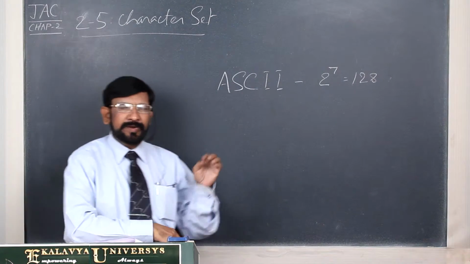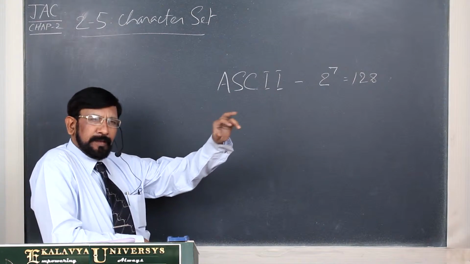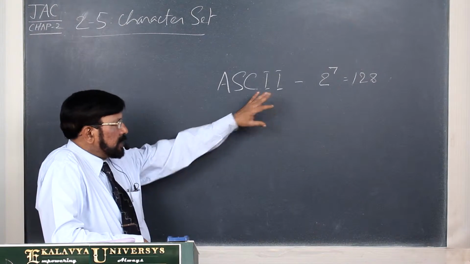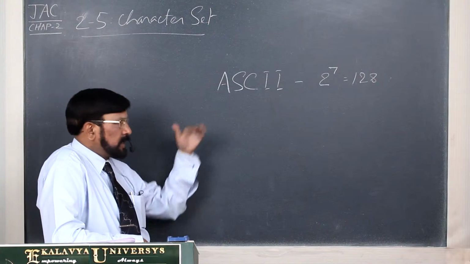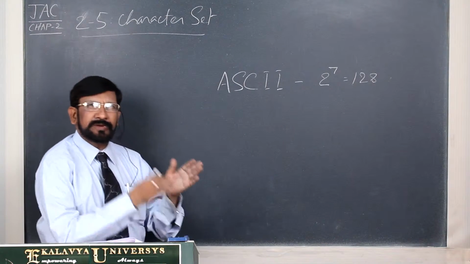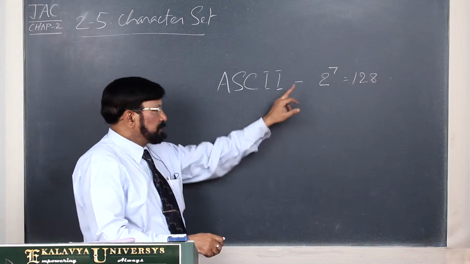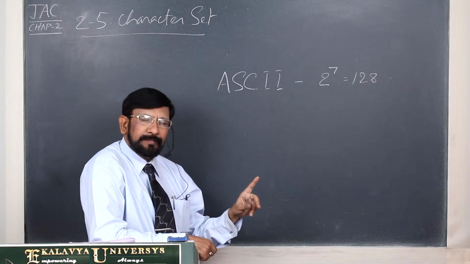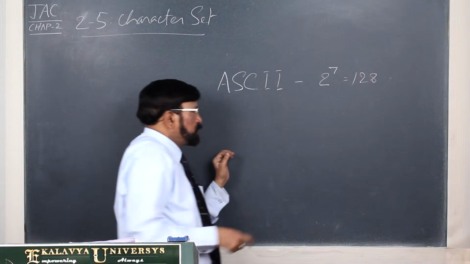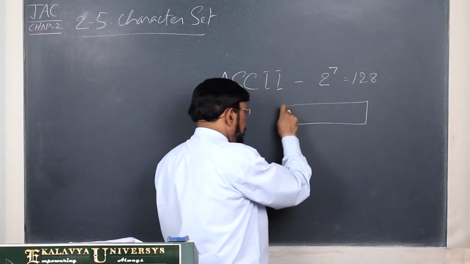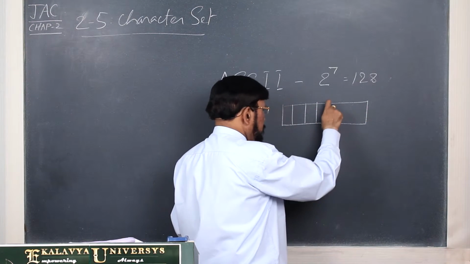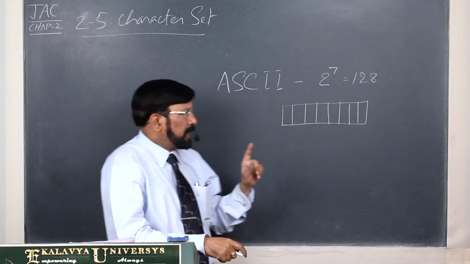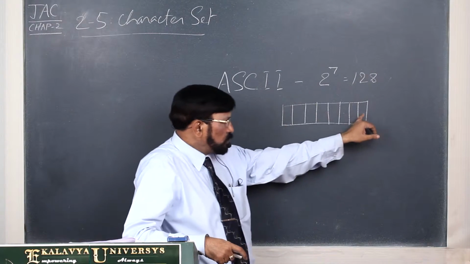If you want the full details of this, in the basic section in data representation, I have given the complete explanation. If I start giving the complete explanation here, we are distracted from the main task. That's why I am explaining the concept briefly. And actually, in ASCII, 7 bits are used. Actually, you know that a byte has 1, 2, 3, 4, 5, 6, 7, 8 bits. But ASCII uses only 7 bits.